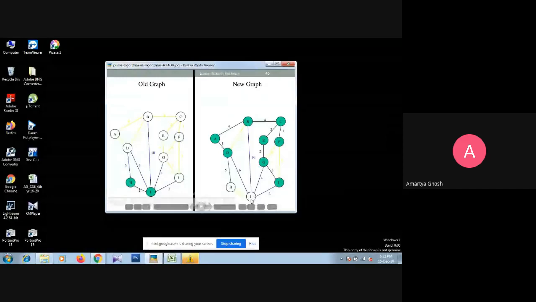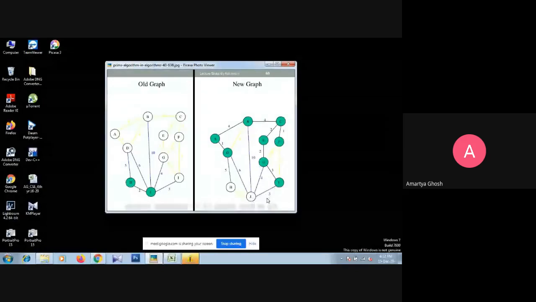To reach that new node, I need only 3 weight. After that, if we check the priority queue, the 3 will be inserted at the front position, because the lesser the value, the higher the priority. So between 5, 6, 10, 4 and 3, 3 is the smallest value, that means the highest priority, so it should be at the front position.